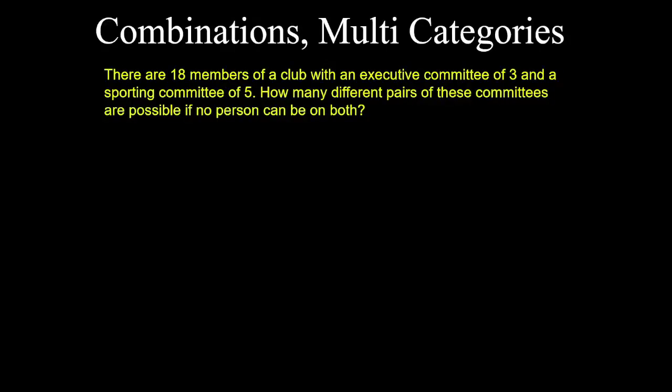Today we'll look at combinations where there's an arbitrary number of categories. So recall that we had this problem where there were 18 members of a club and the executive committee had 3 members and the sporting committee had 5 members. And we calculated the different pairs of these committees using the number of combinations